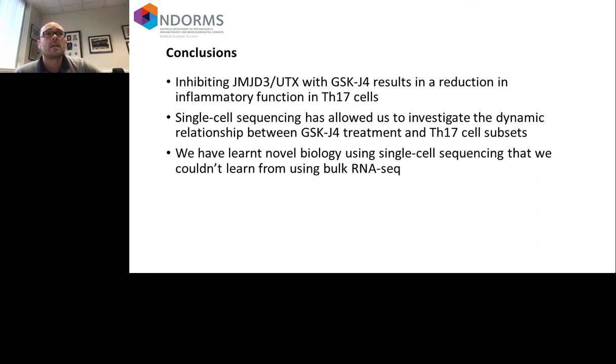So these are the conclusions for this aspect. Inhibiting JMJD3/UTX with GSKJ4 results in a reduction in inflammatory function in Th17 cells. Single-cell sequencing has allowed us to investigate the dynamic relationship between GSKJ4 treatment and Th17 subsets. And the stress I want to make is that we've learned novel biology as a consequence of using single-cell sequencing that I just wouldn't have understood if I had taken just a bulk